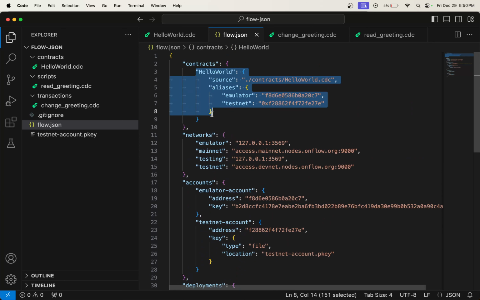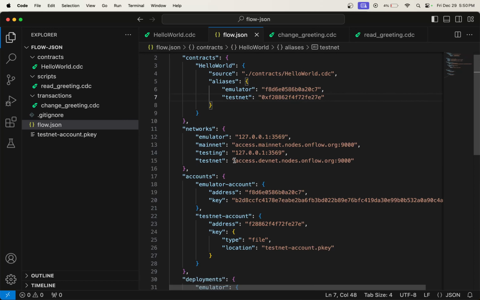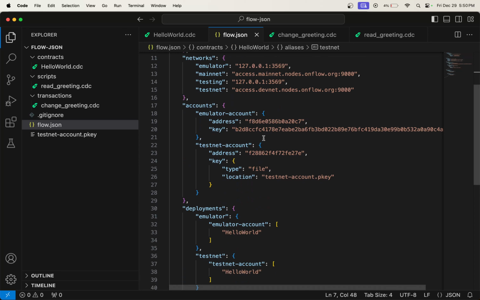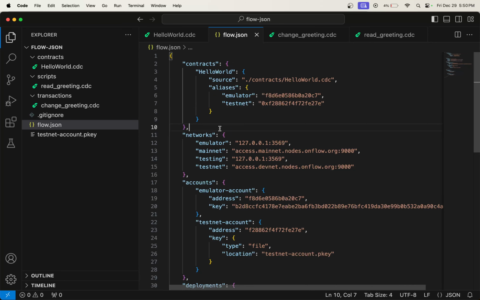Of course, if you have other contracts here, you want to provide them under this contracts object, and you want to provide all the aliases for your contracts so that when you're developing, it automatically knows how to replace those addresses. And when you're in FCL, it's super helpful because you can load this flow.json into your FCL config, and it will automatically replace all these addresses when you're running scripts and transactions in FCL, but I'll leave that for another